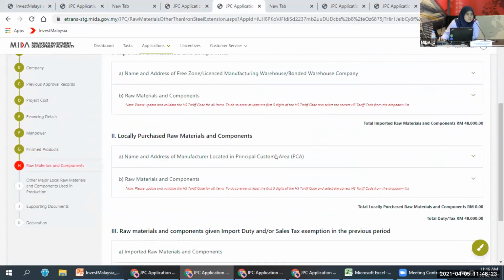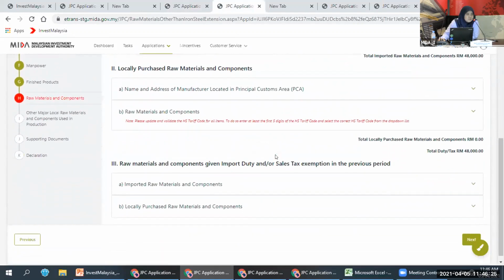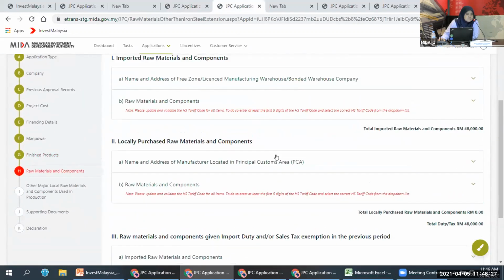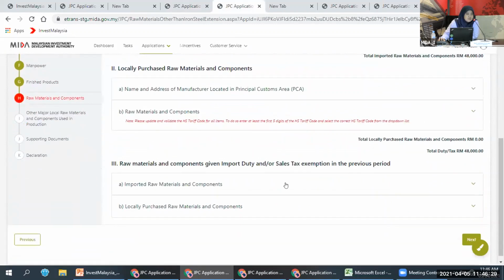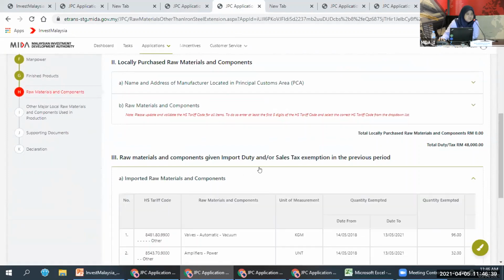Okay, so this is the raw material section for the extension application. The only difference that you will see is one additional section, which is the raw material and component given import duty and or SST exemption in the previous period.